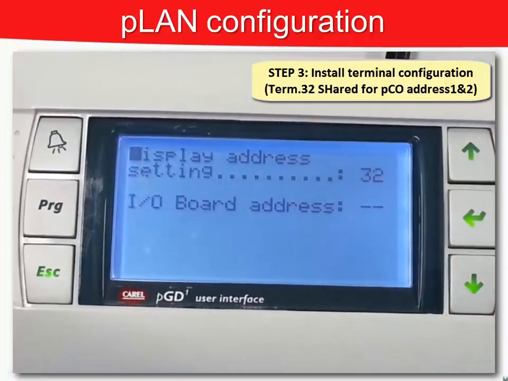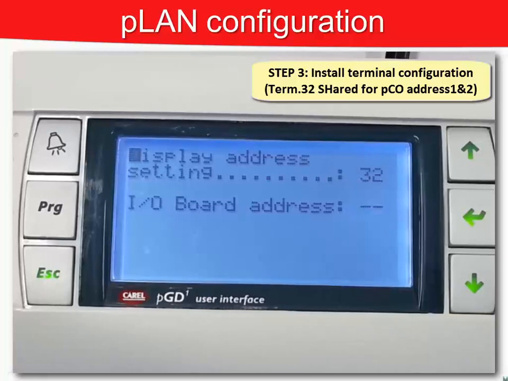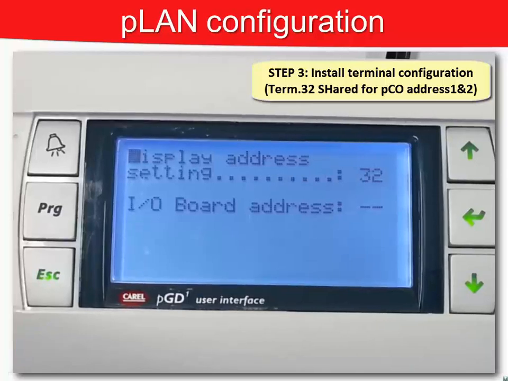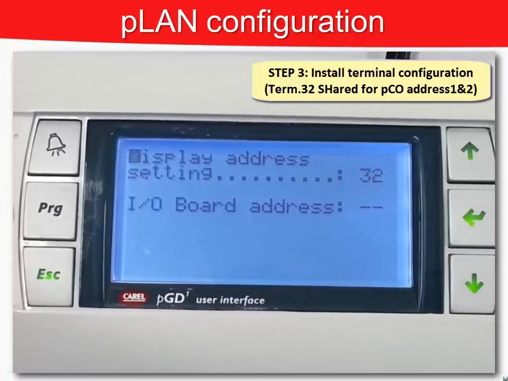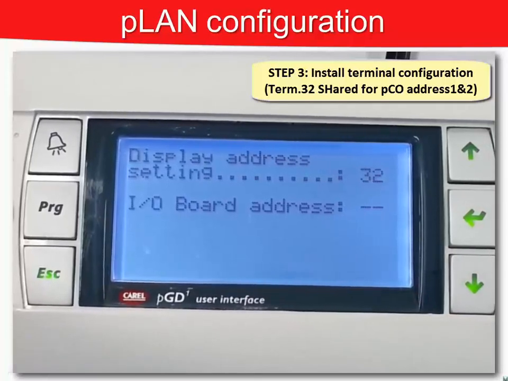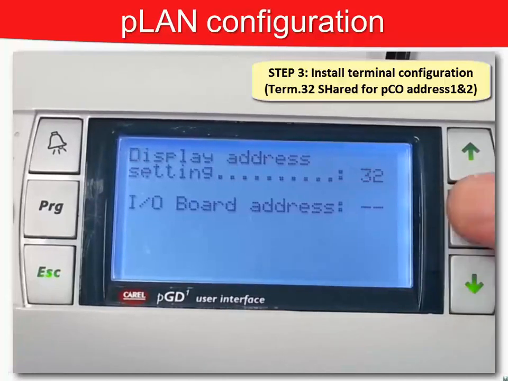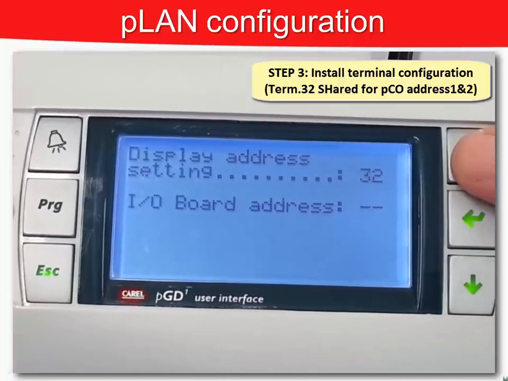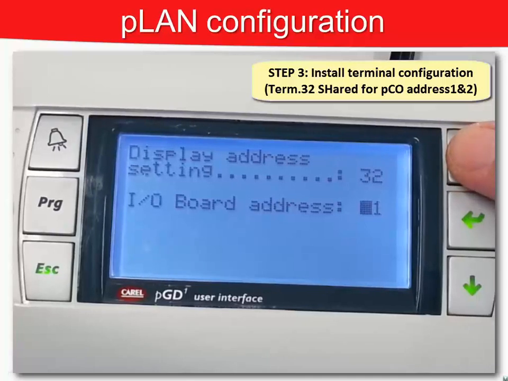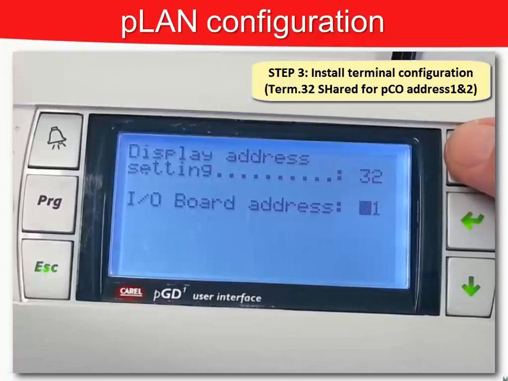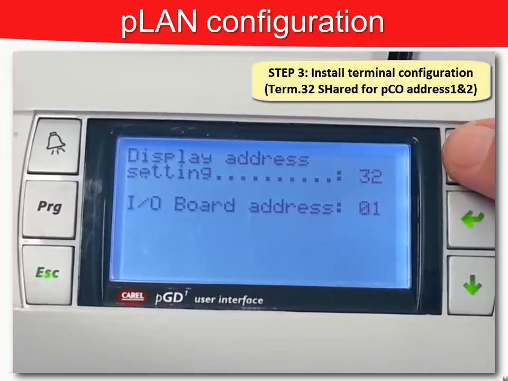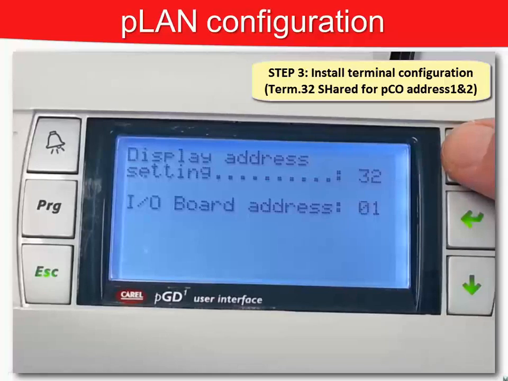I recommend that before you start to configure the two Pico, you disconnect them and leave only the Pico you are configuring, or at least power off the others. Because if you leave them on, they could interfere with others. Okay, use enter, enter, up, down to select the Pico we want to configure. You can see that you can select only 1 and 2 because they are the only addresses corresponding to Pico. Enter,